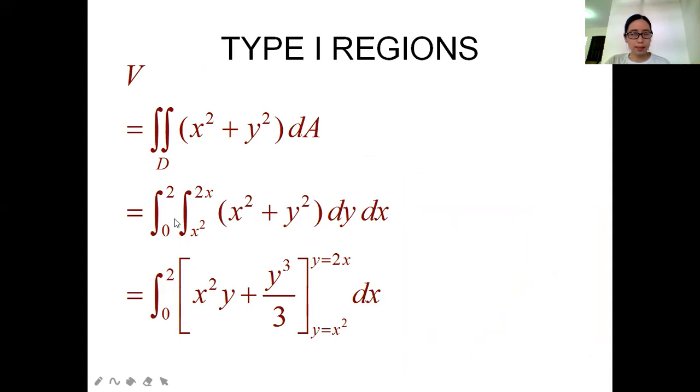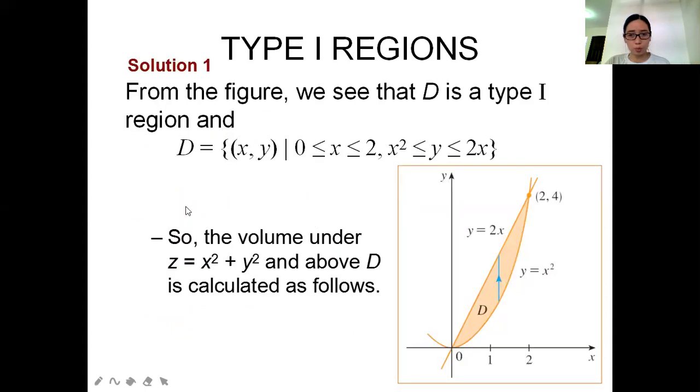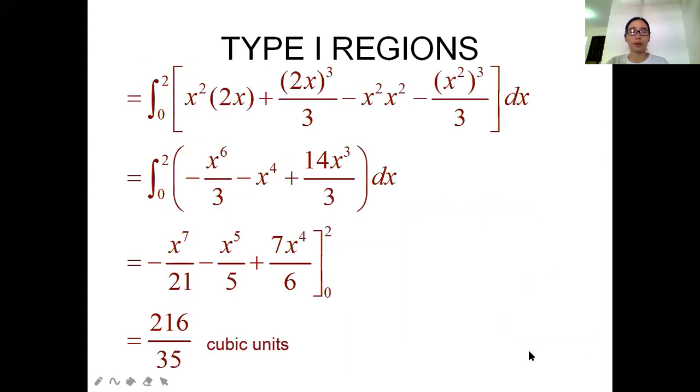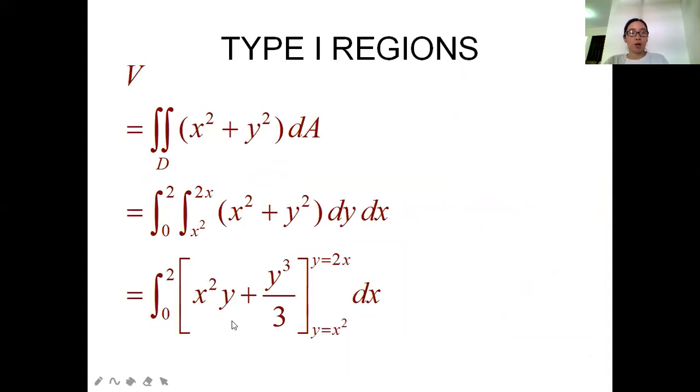Then we also apply the integral from 0 to 2, which is the limit of our x, from 0 to 2. Okay? So, first we integrate the inner integral, class. By integrating x squared plus y squared dy from x squared to 2x,